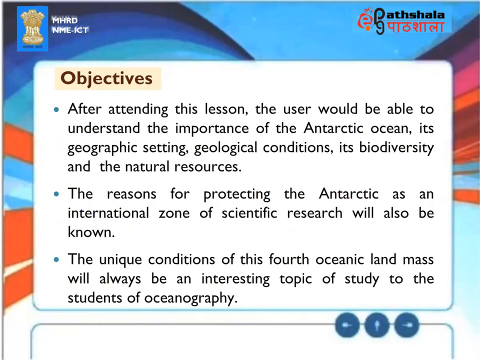Objectives. After attending this lesson, the user would be able to understand the importance of the Antarctic Ocean, its geographic setting, geological conditions, its biodiversity, and the natural resources. The reasons for protecting the Antarctic as an international zone of scientific research will also be known. The unique conditions of this fourth oceanic landmass will always be an interesting topic of study to the students of